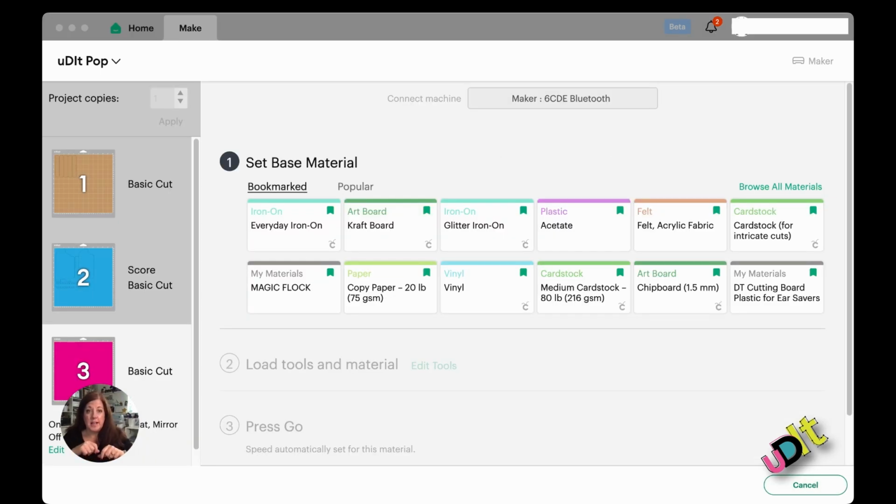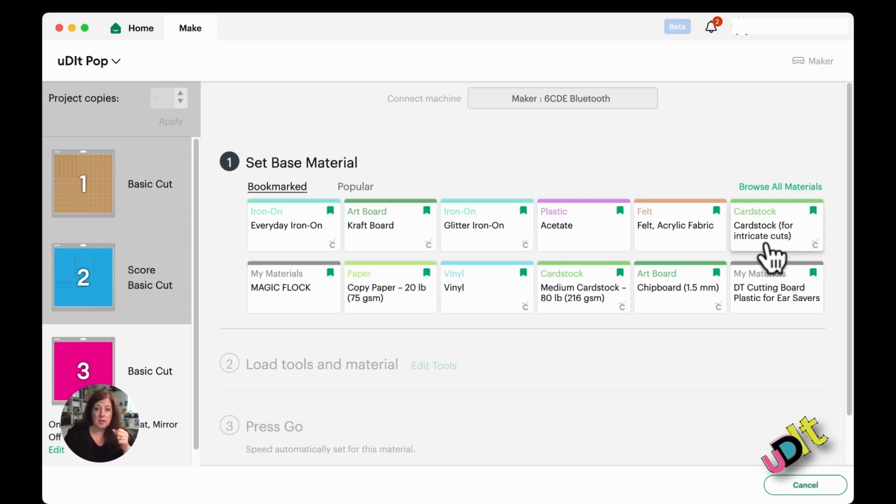Okay, so I had to go back and make a change because of my setup, like where my machines are. Instead of using the scoring stylus to draw the lines, I went back and changed it to using the score tool. The only reason why I don't like using the score tool is because I really hate the fact that I have to swap out tools in the middle of a job, whereas with the scoring stylus used as a quote-unquote pen, it'll just run both of those functions at the same time. So anyway, I'm going to select the